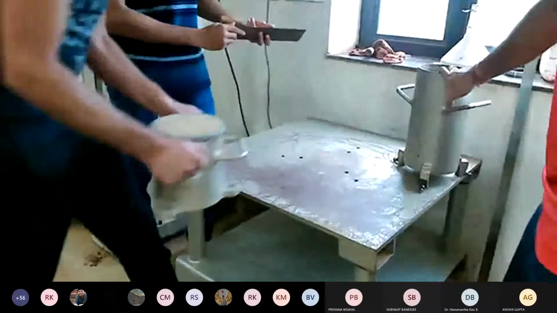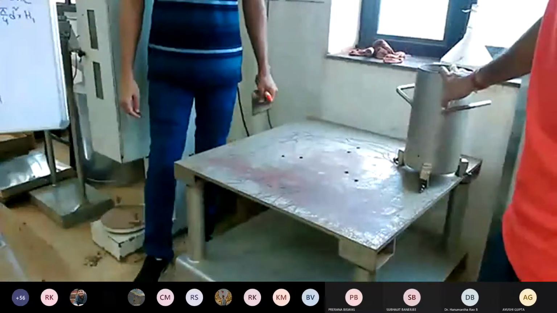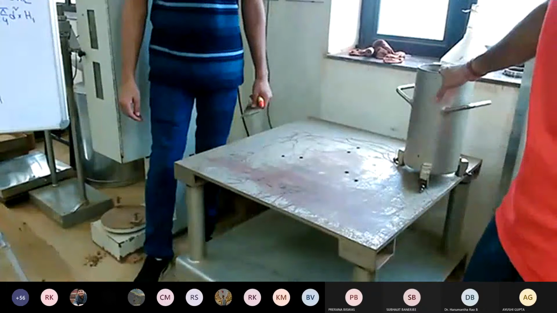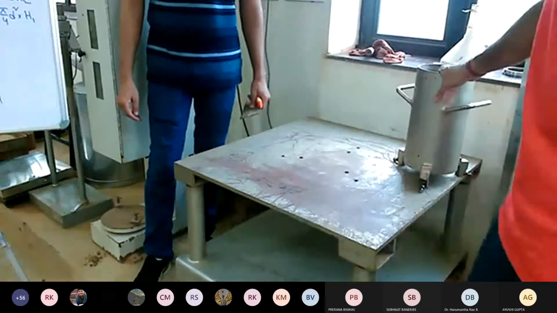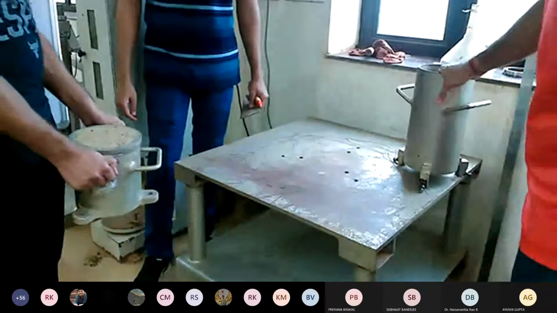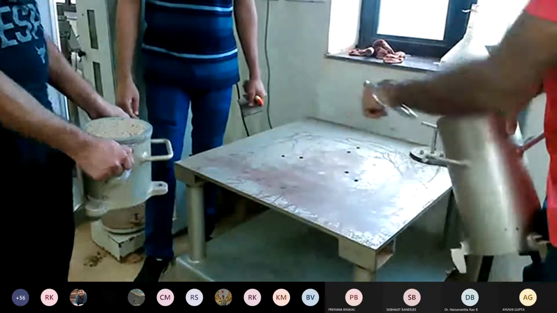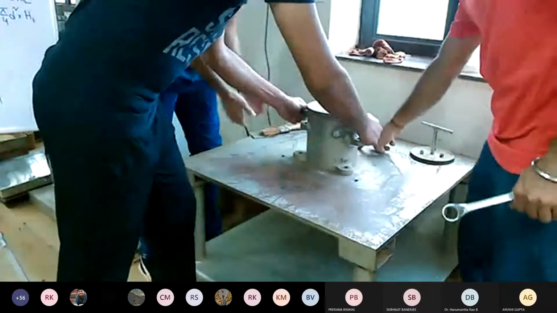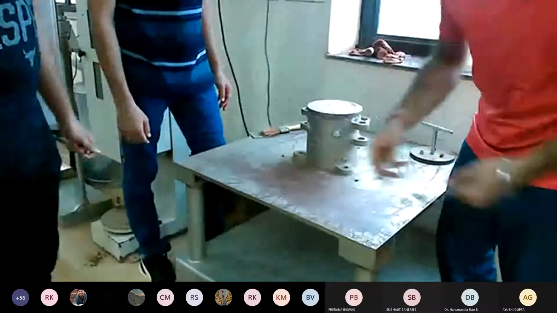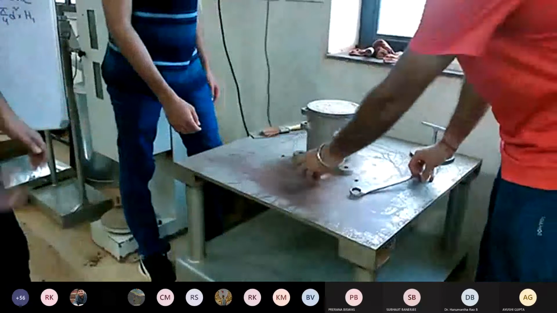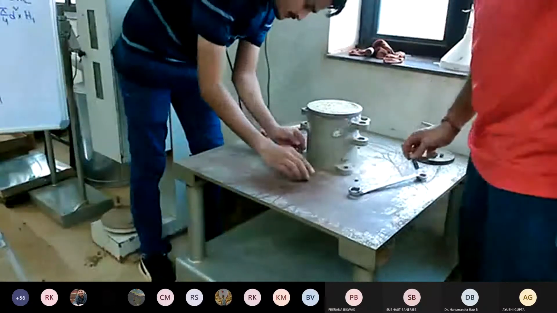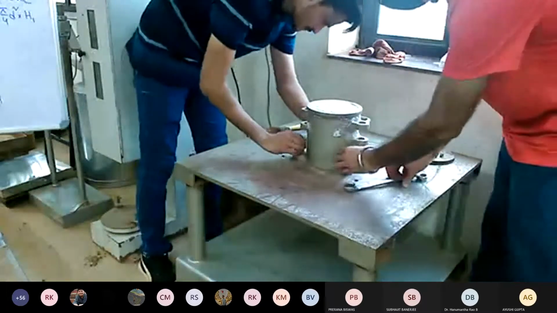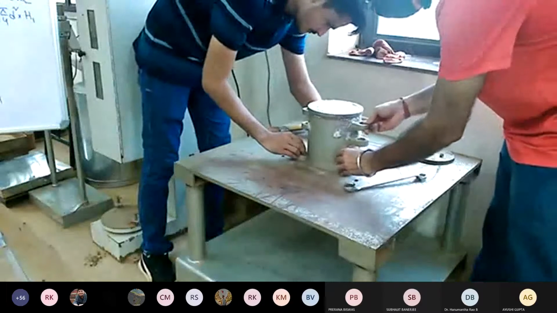So this is the relative density table, which we will use to provide the required vibrations for 8 minutes. This is the electronically operated equipment. We will place the filled soil, which we have filled in the loosest possible state, on top of the vibrating table. There are three holes on the table where we will use these screws to tighten them so that this mold does not shift or move. It remains undisturbed while we are applying the required vibrations for 8 minutes.